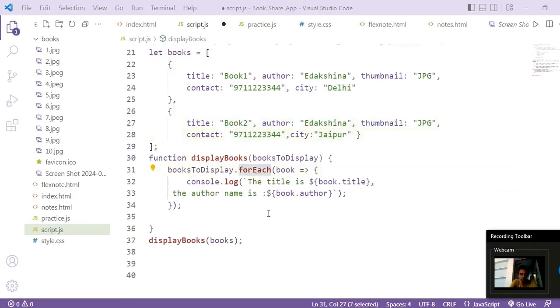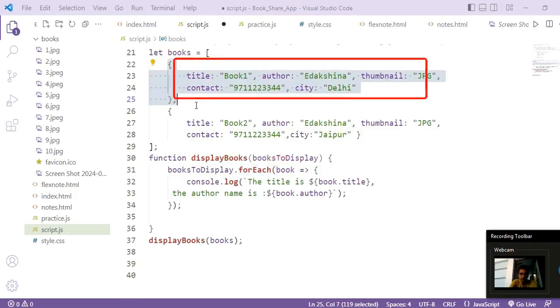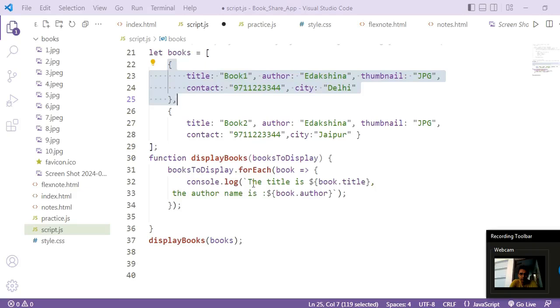So forEach क्या करेगा, first time जब वो run होगा तो इस object को call करेगा. So this book is holding this object's elements. फिर हमने क्या किया, console.log using backtick, ये मैंने पढ़ाया है in previous tutorial, so you can see in detail there. Before this we used to do double quotes and plus sign for writing all this, so वो बहुत ही हौच पौच हो जाता था. And now we use backtick and dollar sign and curly brace for writing our statement in the log. And this is quite easy and very readable.